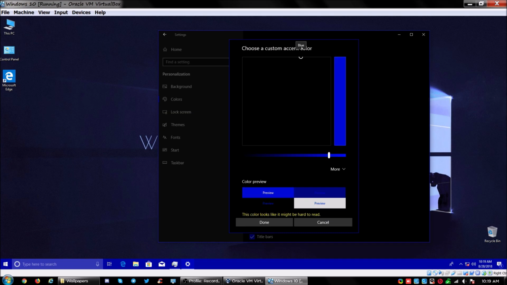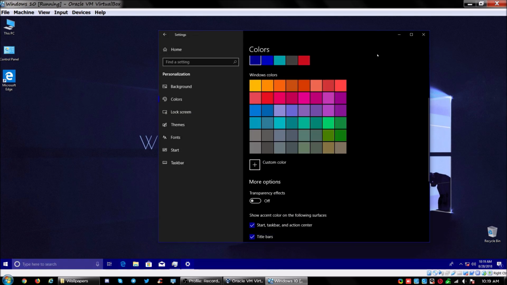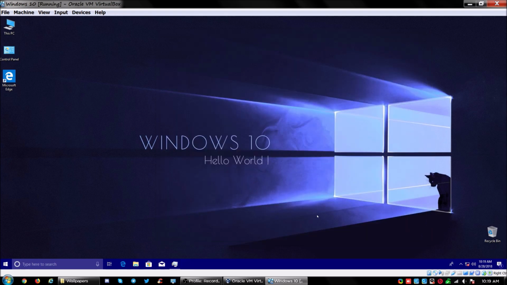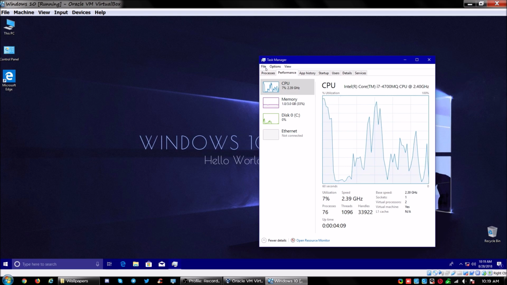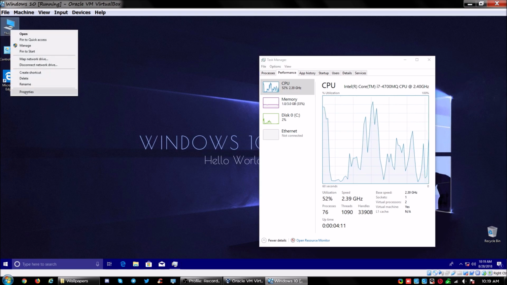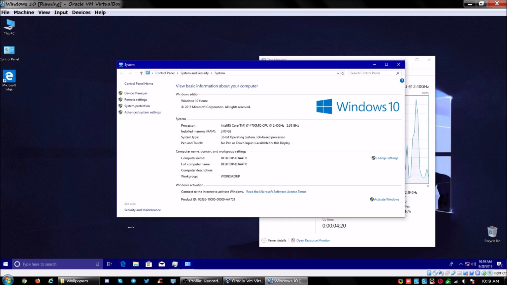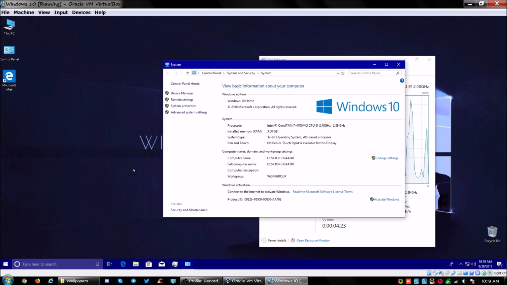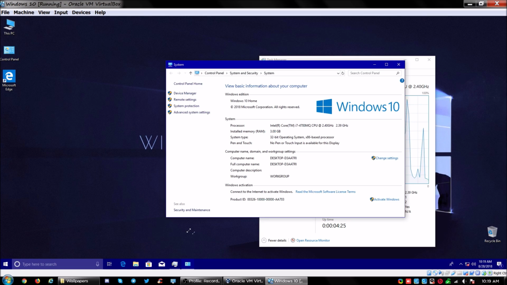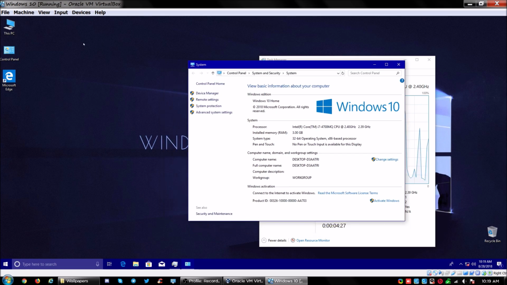So if you don't have activation, I'm going to move that down a little bit, darker blue, so it matches better. But even if you're not activated, you can still do stuff. But once you connect to the internet, it will notice you don't have a license, and it'll say it's not activated. You can see here it says connect to the internet to activate Windows, but it still lets you personalize and everything. But once you connect it, it will not let you do that anymore, which is why I recommend, in the setup, going up here and disabling the internet,